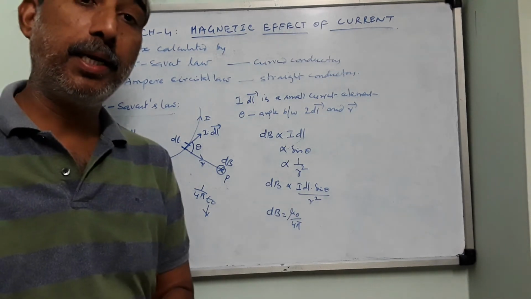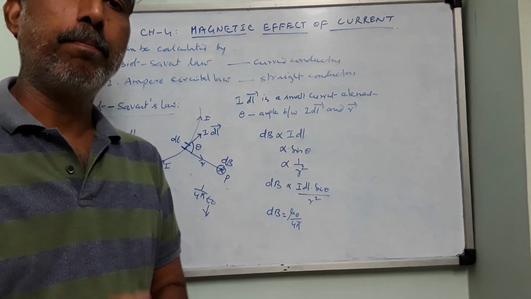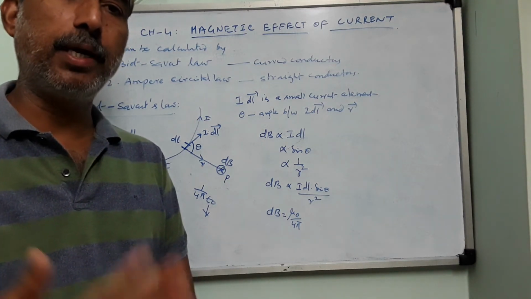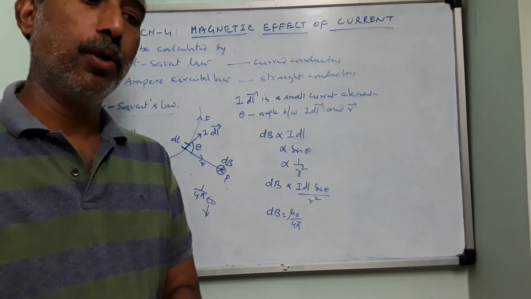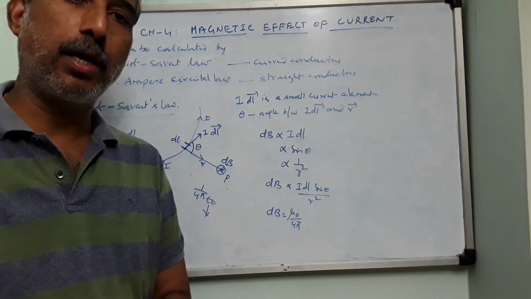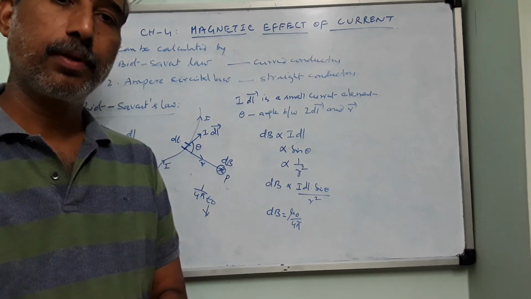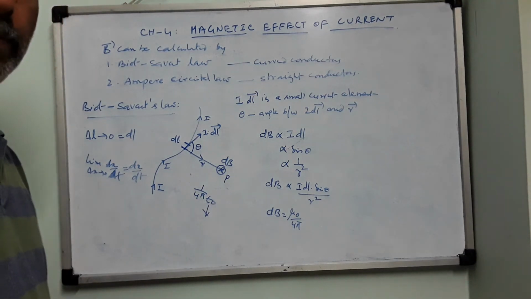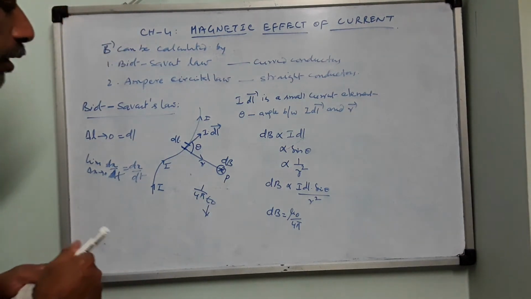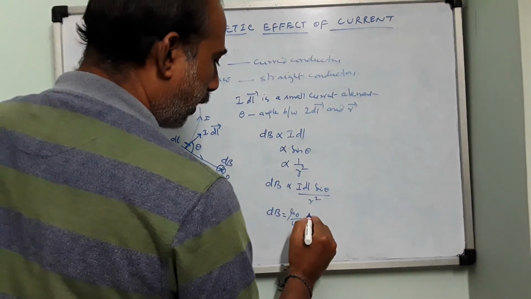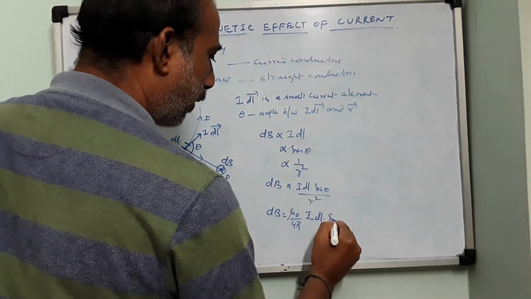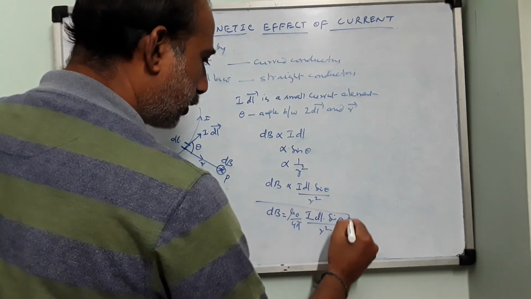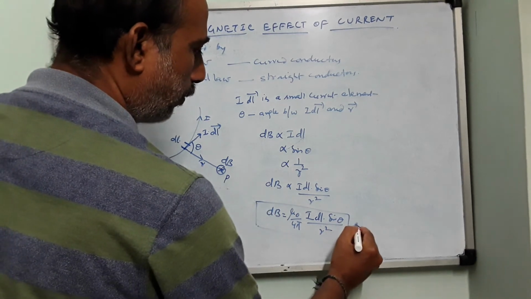Permeability means the ability of a medium to permit magnetic field lines to pass through it. So it is like a susceptibility, a tendency of any substance to get magnetized or allow the magnetic fields to pass through. Okay, so that constant is nothing but what? Mu naught by 4 pi. This 4 pi is introduced in order to minimize the calculations for spherical symmetries. And the remaining things: Idl, the current element, multiplied by sine theta, then whole divided by r square. This is known as Biot-Savart's law.